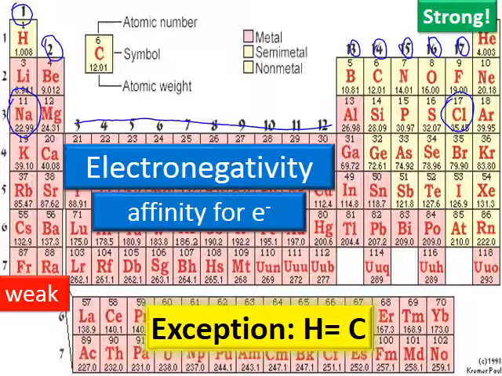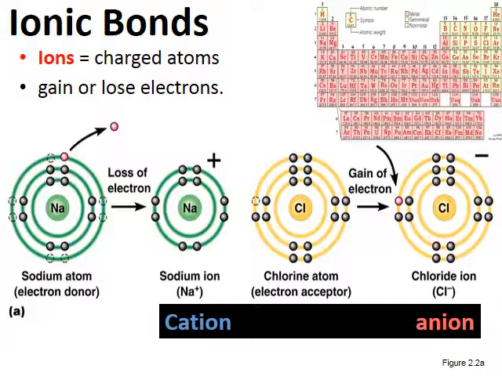In other cases, what we'll see is a bond between carbon and hydrogen. Remember, carbon and hydrogen have the same exact strength, and they can't steal. So what do they do? They share. You'll also see this when some of these elements are really, really close on the periodic table, like carbon, nitrogen, and oxygen, even though they have slight differences in their strengths. The oxygen is stronger than the carbon, nitrogen is stronger than the carbon. They're still not strong enough to steal, so what they do is they share.